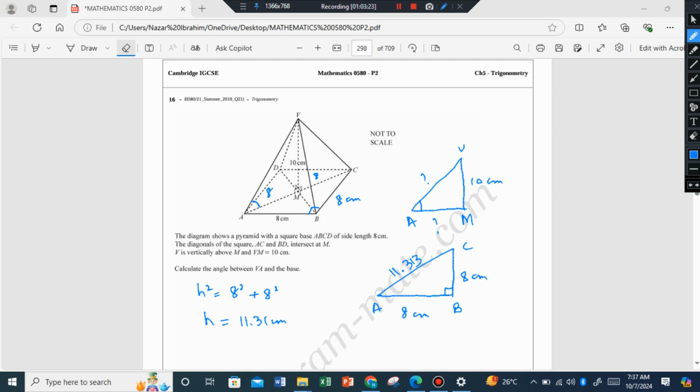Okay. Now AC is known to me, but I don't want AC. I want AM. To calculate AM, because it's half of AC, right? So AC upon 2, AC is 11.313, so 11.31. Okay, 11.31 upon 2, I'm putting in the calculator, I'm getting it as,